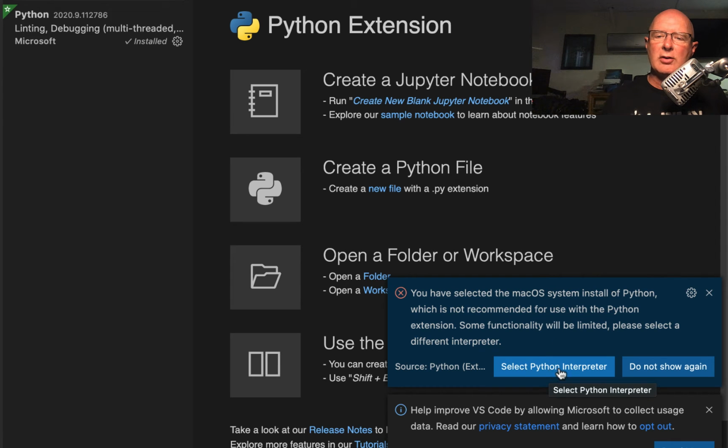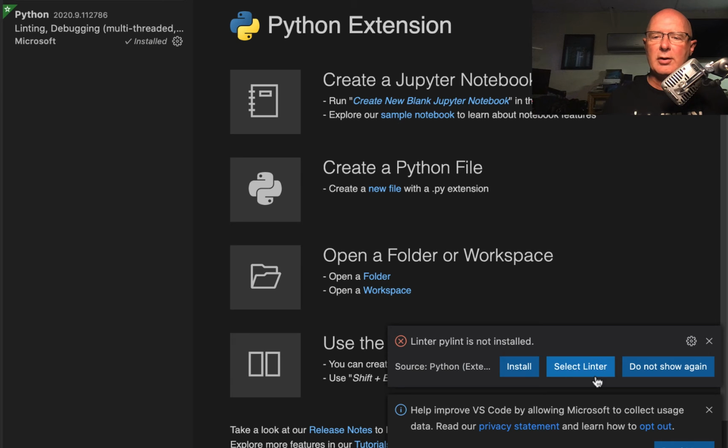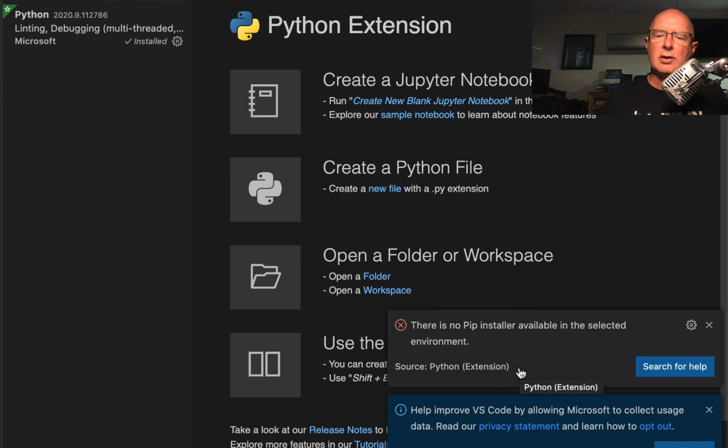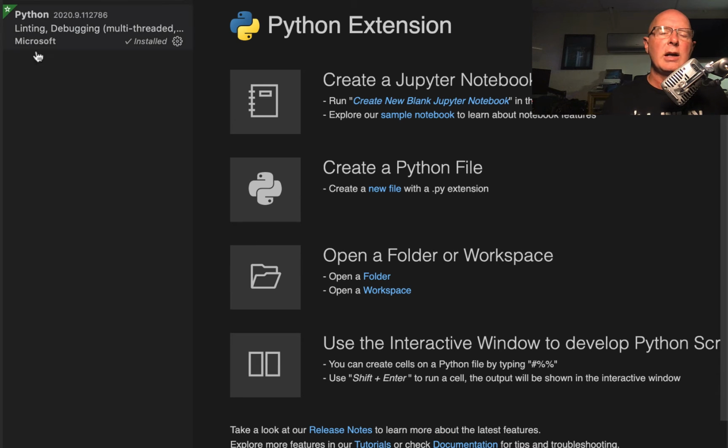So we can just tell it to select a Python interpreter, and just pick one. It really doesn't matter. And then this is that pylint thing again, which I don't think it's going to do because it doesn't have. So we're not going to worry about that. And then help improve Visual Studio, we'll just close out of that. And so now when we open up our program,